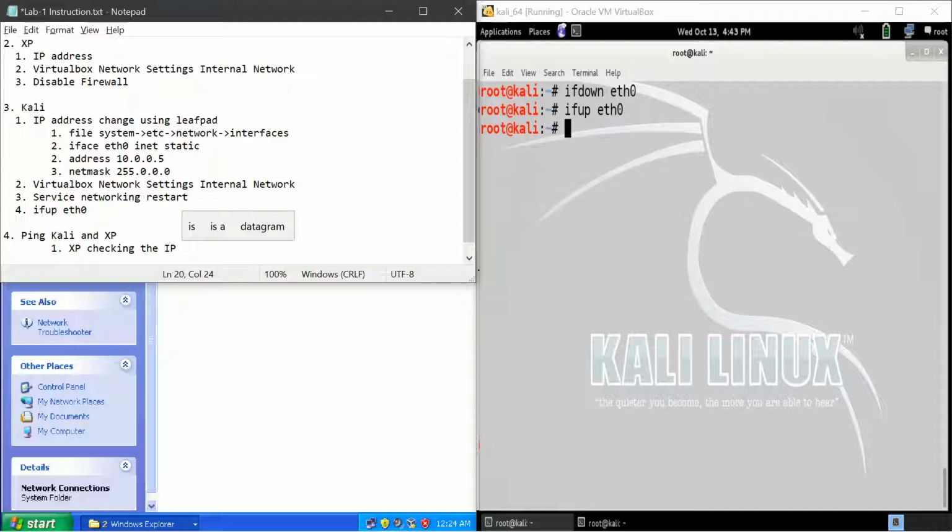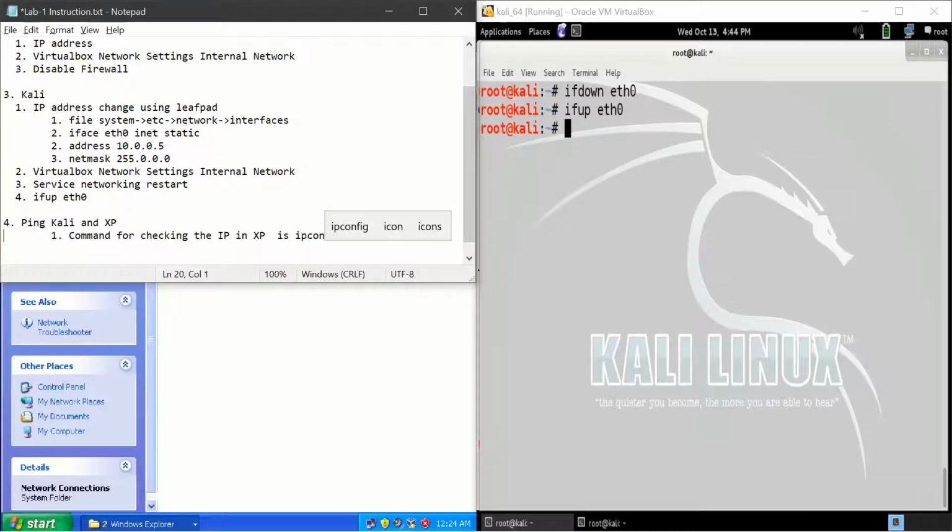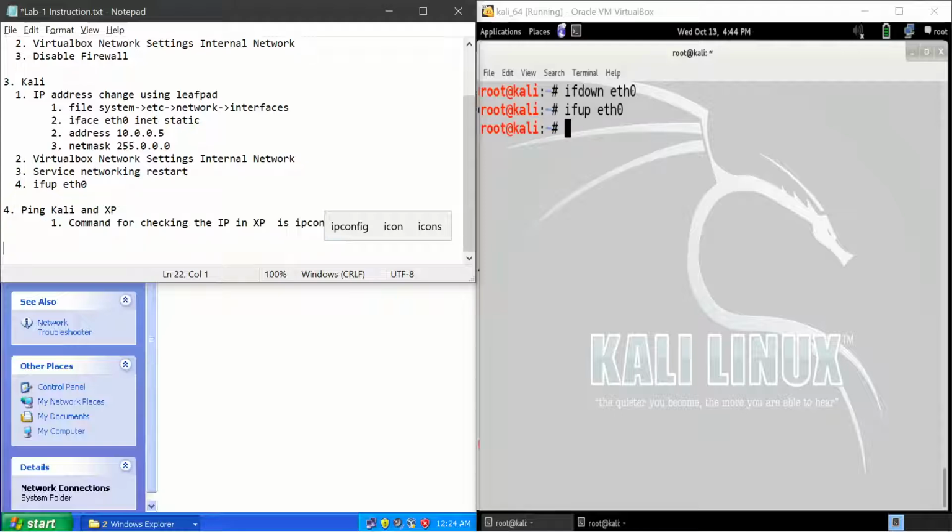The command for checking the IP address in XP is ipconfig. The command for checking the IP address in Kali is ifconfig.